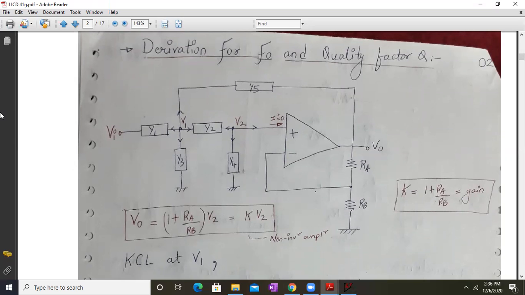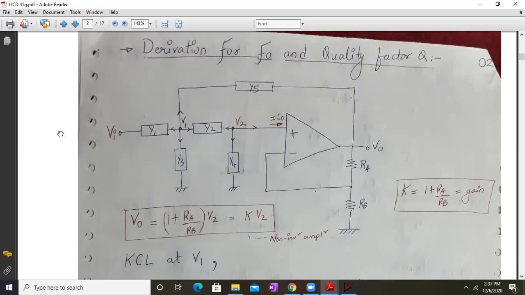So for the derivation of F0, omega naught and the quality factor, we will use admittances. Here the various capacitors and resistors are used as admittances, and we can apply KCL at V1 and V2, and then find the relation between V0 and V1. Here the output voltage is given by V out is equal to 1 plus RA upon RB into V2,